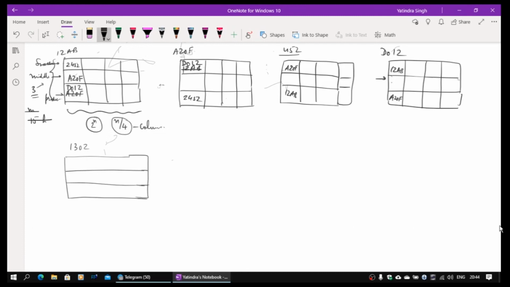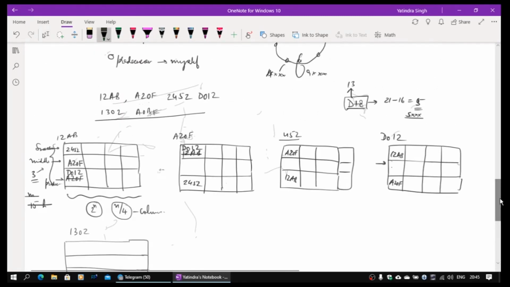In fact, ideally speaking, when I am looking at the middle value, if there is nothing else, whatever is available between them, I should try to make the best choice. We should actually put an entry, but it does not matter. As far as your predecessor, you should always be able to converge. Okay, there should not be any issue. So now, okay, this has to be corrected somehow. This has to be 2452. This is 1302.